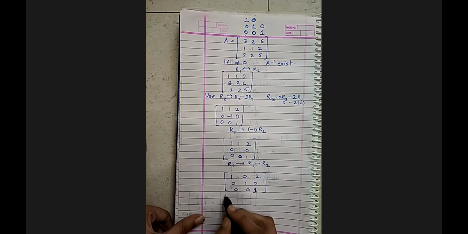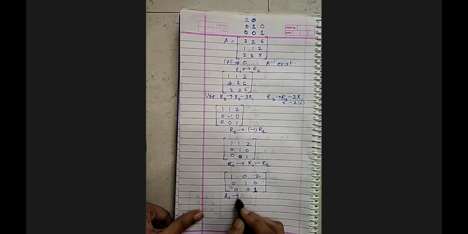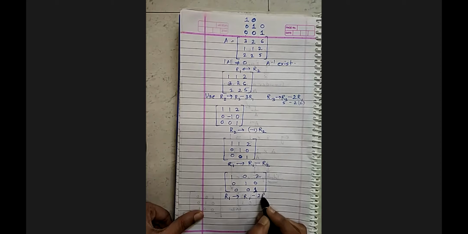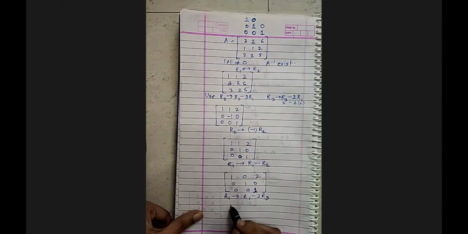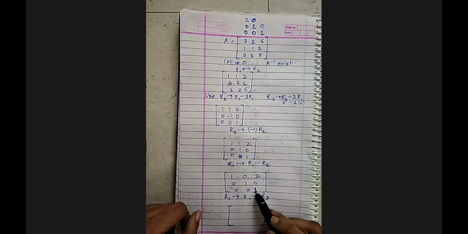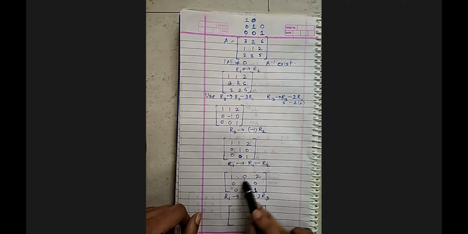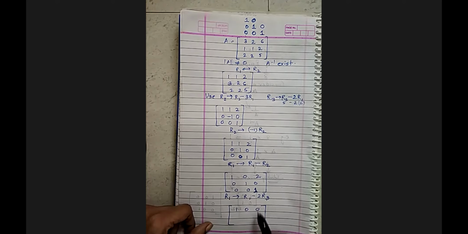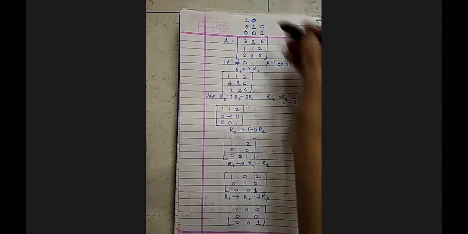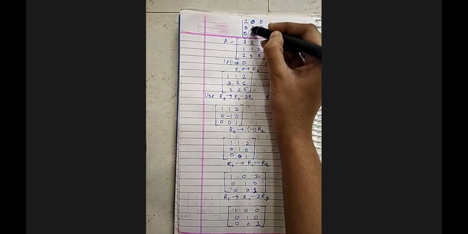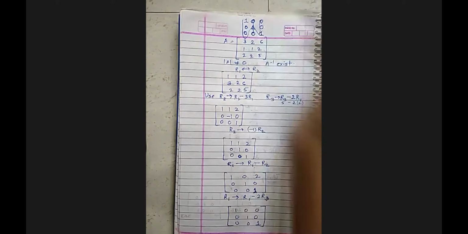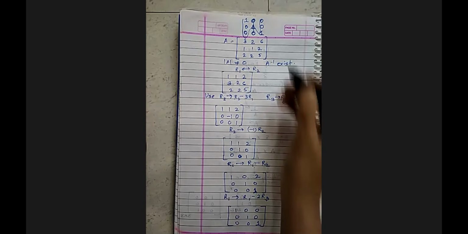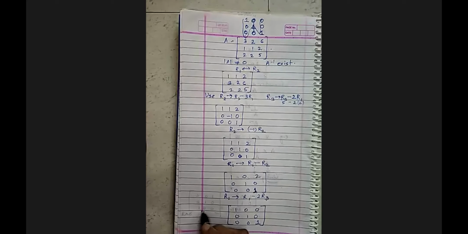So I'll use the row operation. I'll change R1, so R1 changes to R1 minus 2 times R3. I'll take the help of R3. So it is like 2 minus 2 times 1. Now this is 0, so anything you multiply with this 0, nothing will happen to these two elements. These two elements will be as it is. So this will become 0 and all other elements are the same. So see, if you follow that particular summarized flow, this way, you can easily convert the given matrix into an identity matrix.